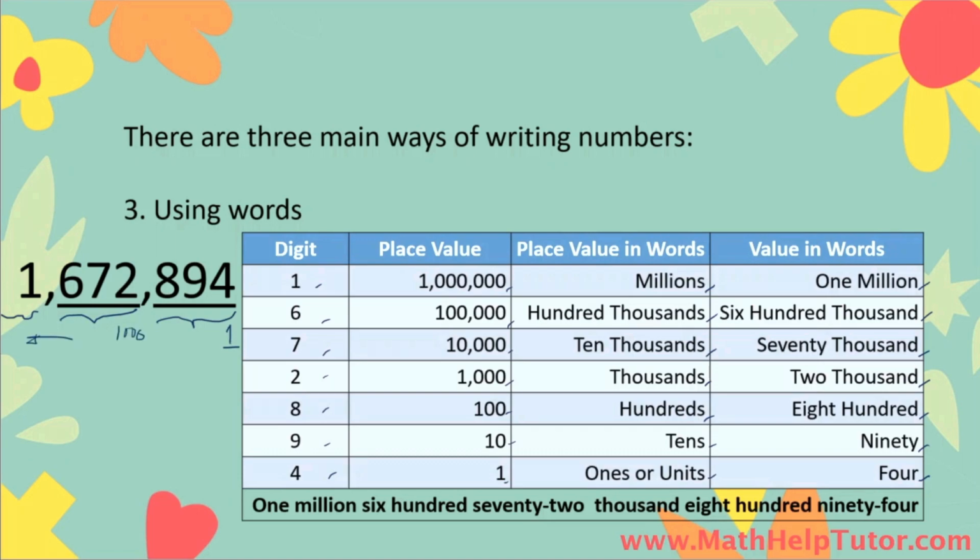So for this number, we read it as 1 million, and then we take note of the periods: 672,890